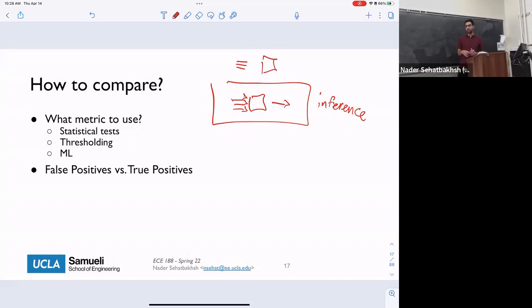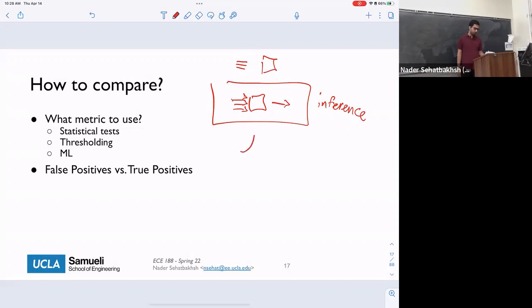Usually this involves some sort of decision-making process. There are various methods for it, extensively discussed in the literature. Usually there is some sort of statistical test people use. The idea is that we look at the distribution of the features during inference time and compare it with the distribution of what we got during training.